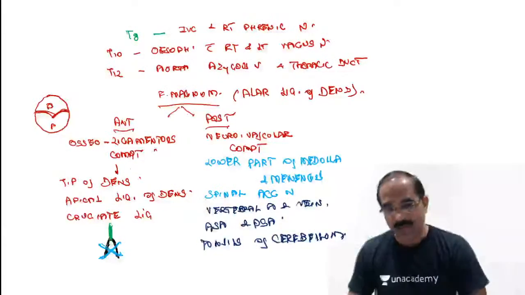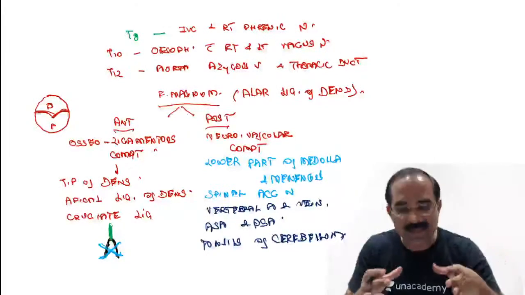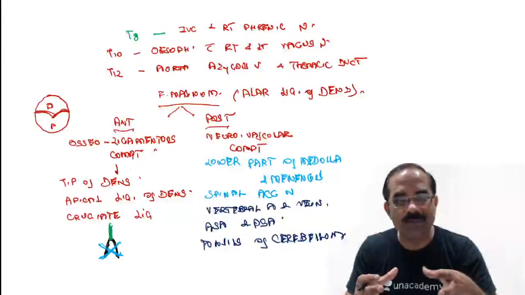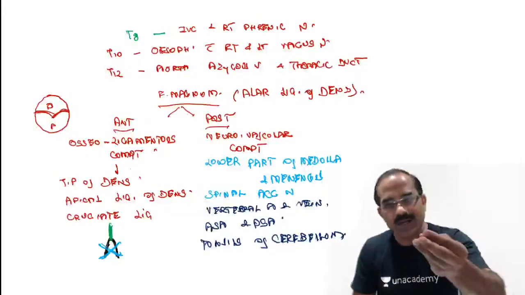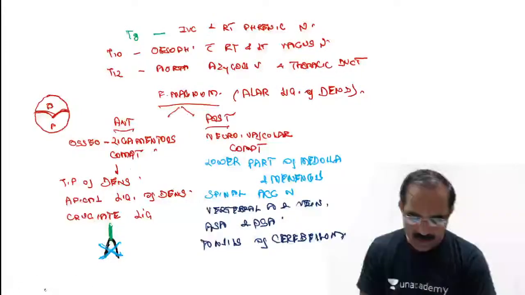So how does the internal carotid artery enter the skull? Look, when we see the internal carotid artery inside the skull, if you look at the interior of the skull, you'll feel the internal carotid artery is coming through the foramen lacerum. It enters from the foramen lacerum. But students,